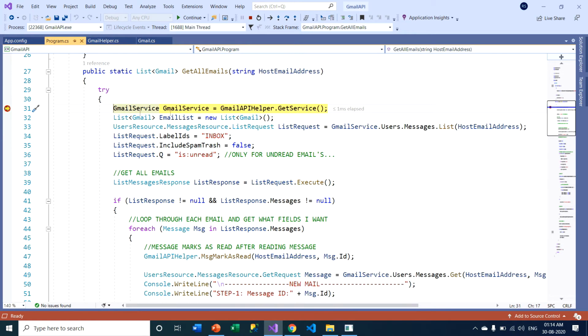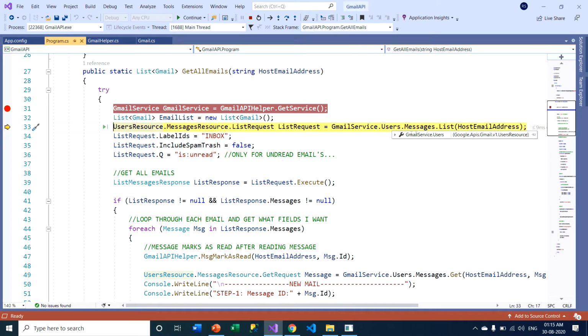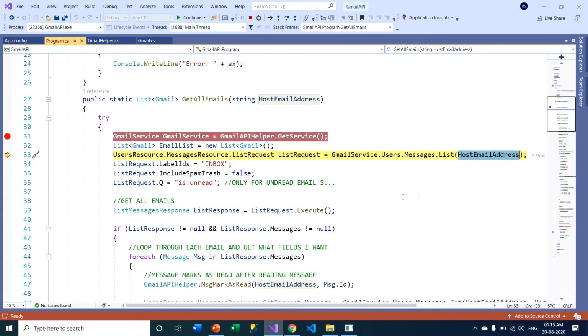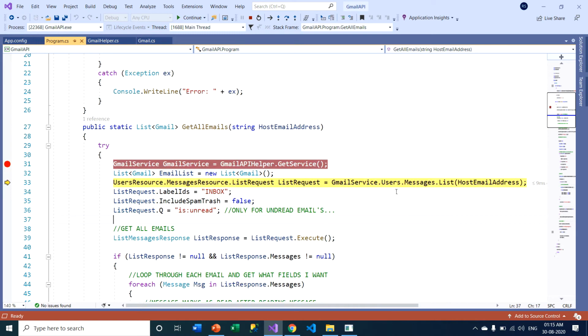Now we can see my service is already running, and this is a Gmail list collection. And this is the most important thing, gmailService.Users.Messages.List. By using this method, we are providing a host email address, that is my account. You can see this as a parameter.